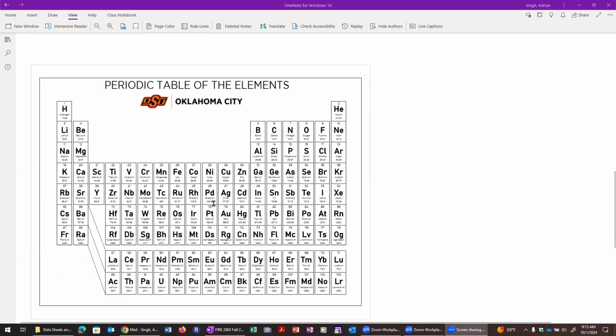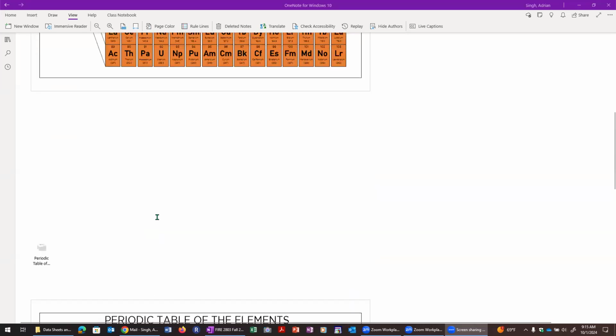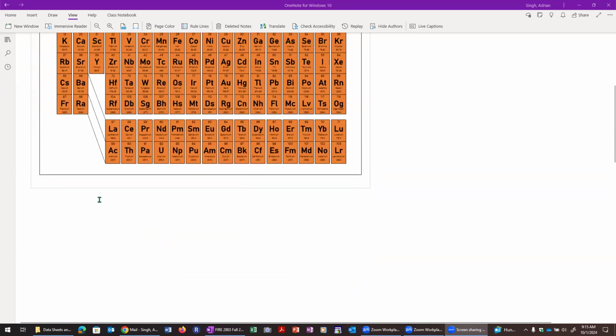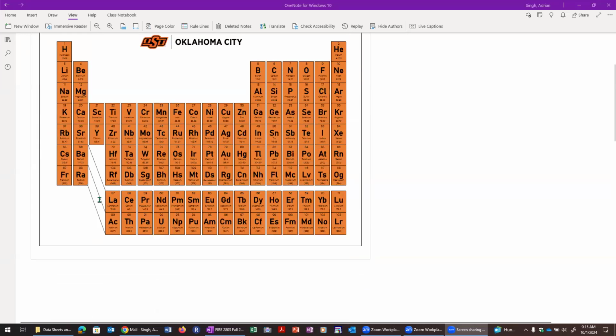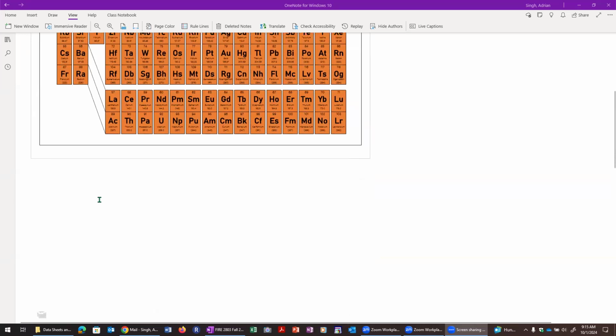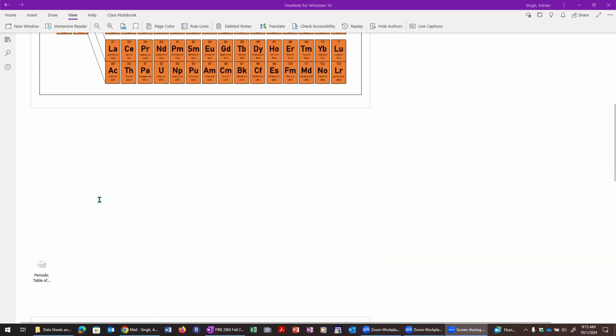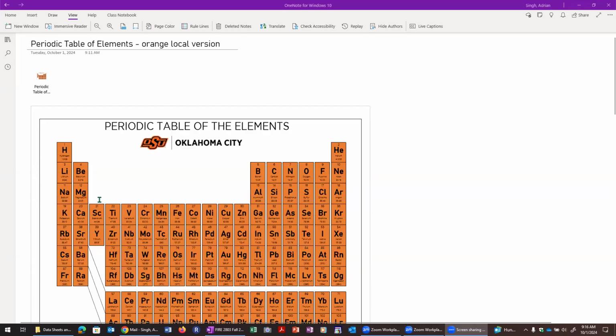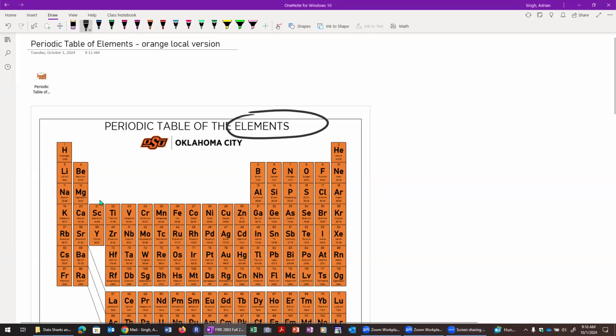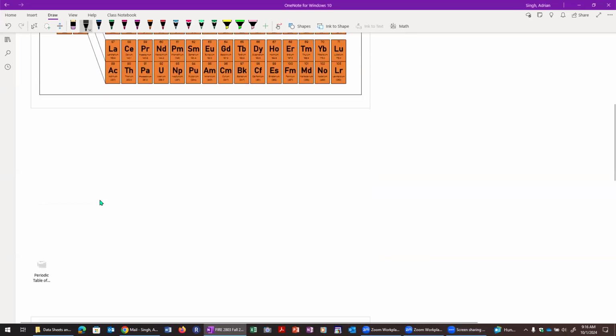And I also have just a black and white version here as well. So let's review really quick before we get into some of the basics of the periodic table and remind ourselves, first of all, because the periodic table is of the elements, right? We talked about elements before. We looked at different types of matter. So as a reminder, we know that an element is an example of a pure substance,